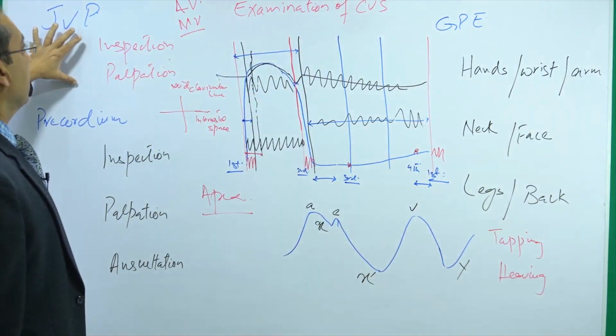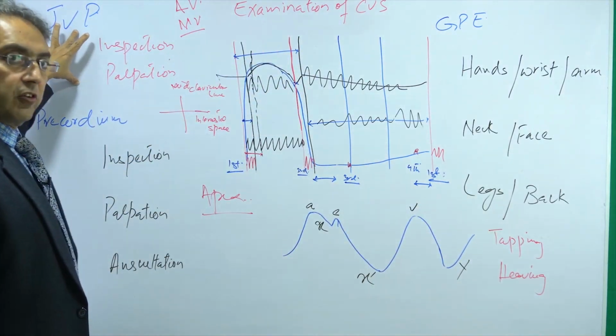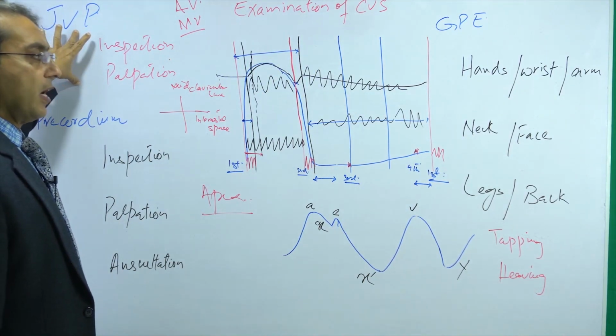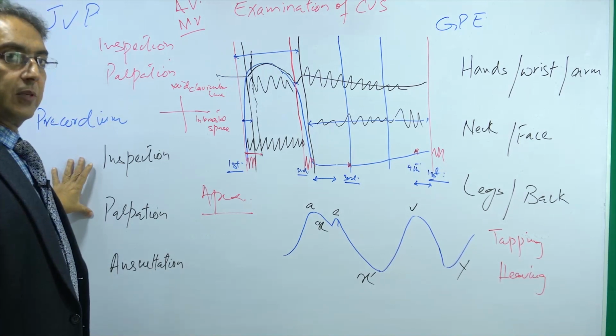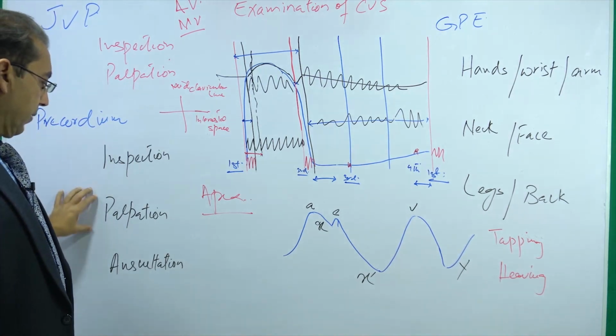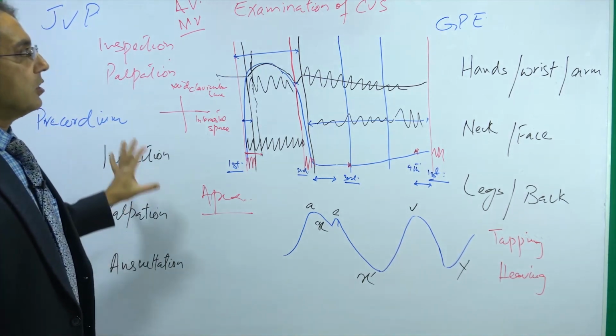You concentrate in the neck on identifying the JVP, what the characters of those waves are, and differentiating it from the arterial pulsation. And then you examine the pericardium, where you do inspection, palpation, and auscultation. So this is